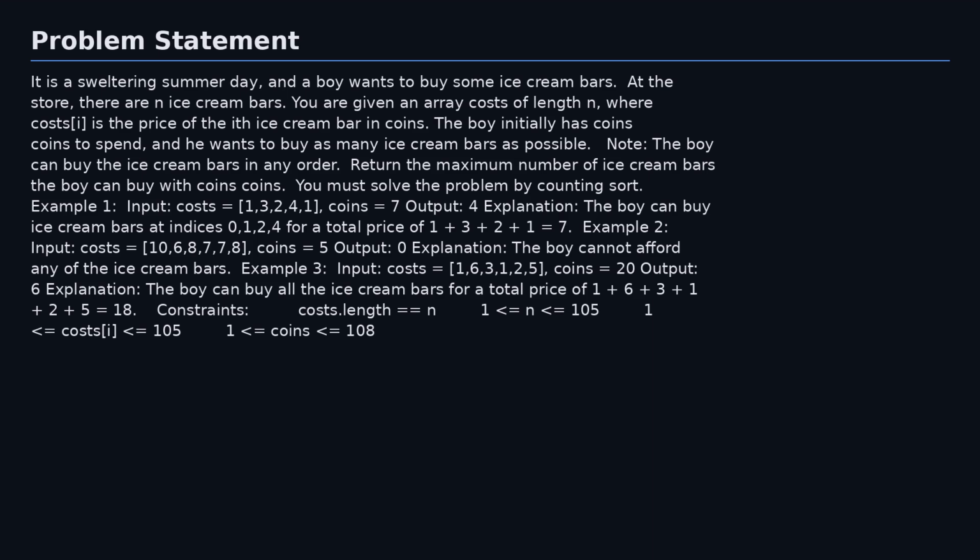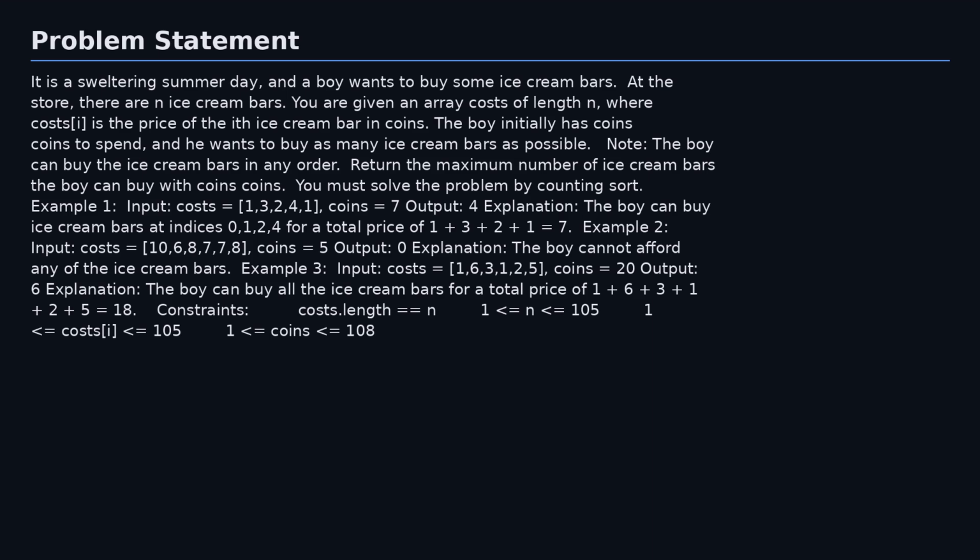The problem statement is quite simple. We have an array of costs of different ice cream bars and we have a certain amount of coins. We need to find out the maximum number of ice cream bars we can buy with the given coins. The catch here is that we need to find the optimal way to spend our coins to get the maximum